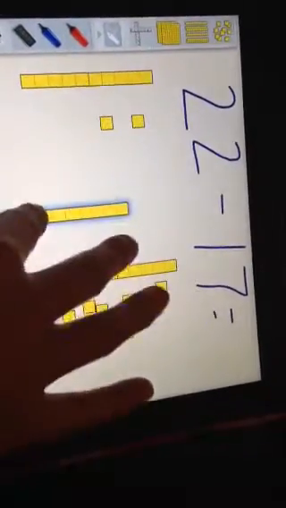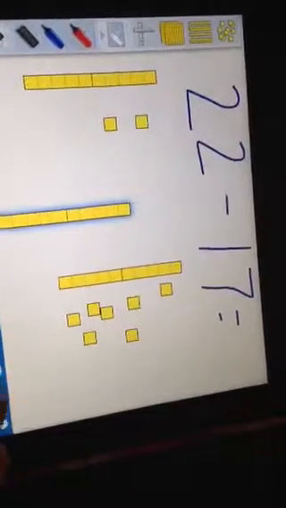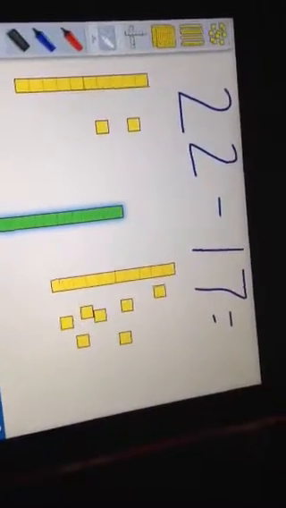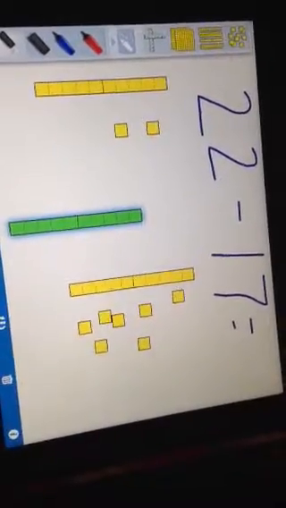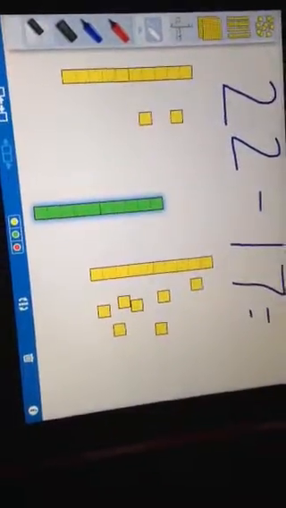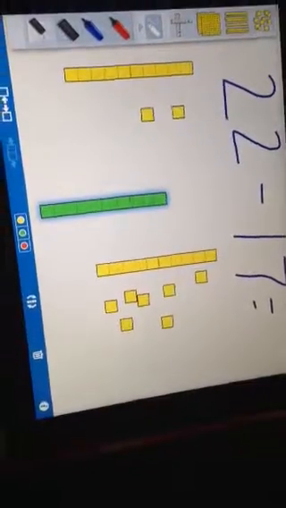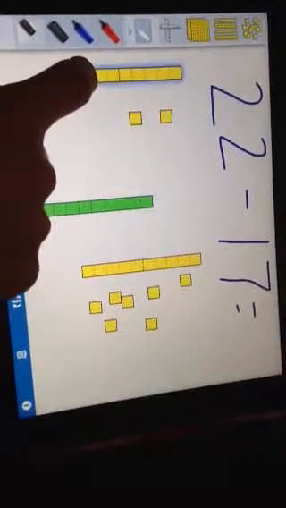There's our ones position. Okay, I got 1. I can make that green just so they can see. So there's our ones position. Okay, there I got my long stick. Oh, but I don't have enough ones. How does that work? So what you can do, I think you can,